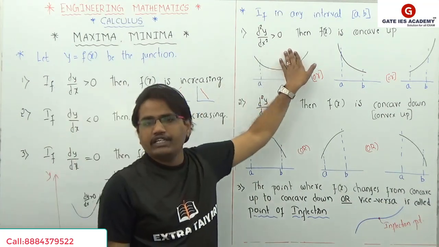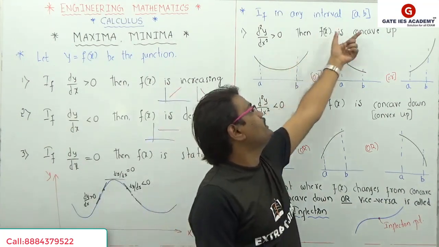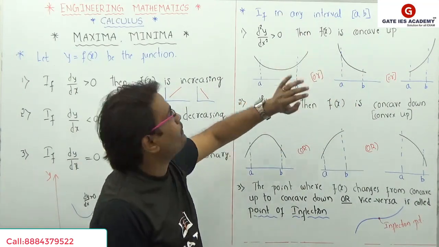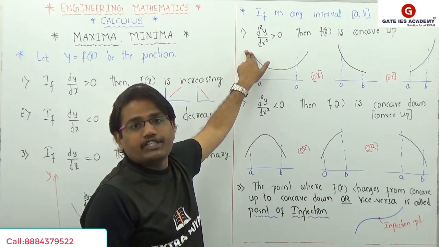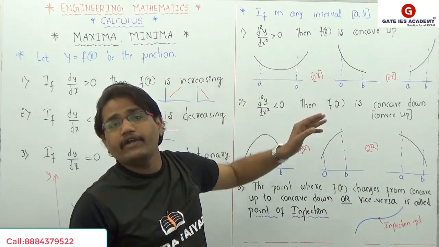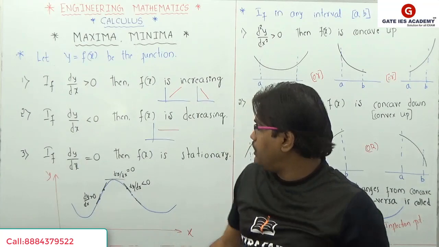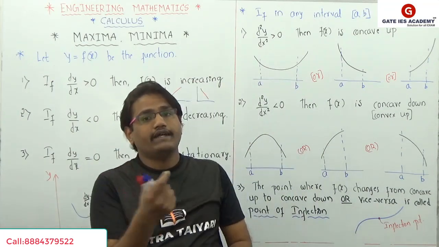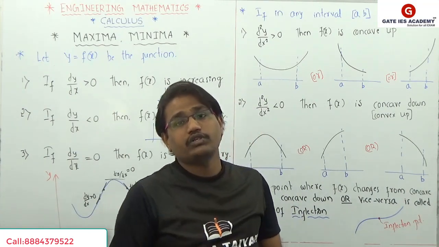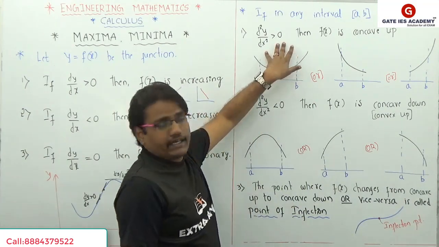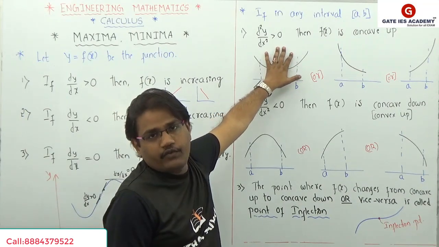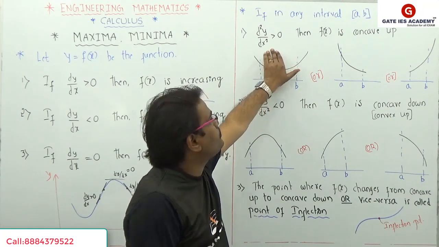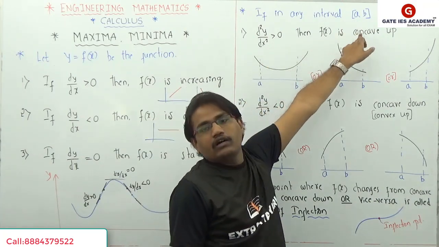Now in any interval [a, b], any closed interval, the square brackets mean a closed interval including a and b, what is d squared y by dx squared? It is the second derivative of the function. The first derivative will be a slope. The second derivative is the slope of those tangent lines. If you get the second derivative as positive, greater than 0, then you can say that